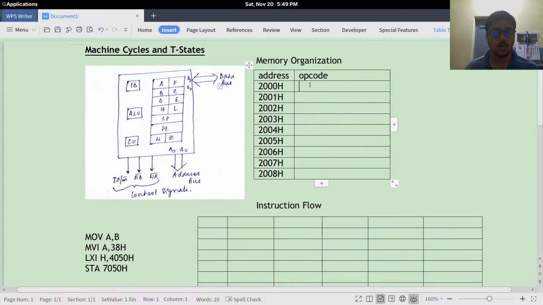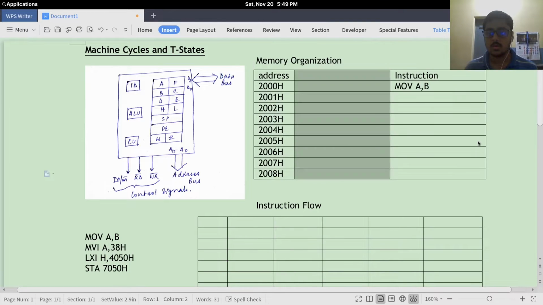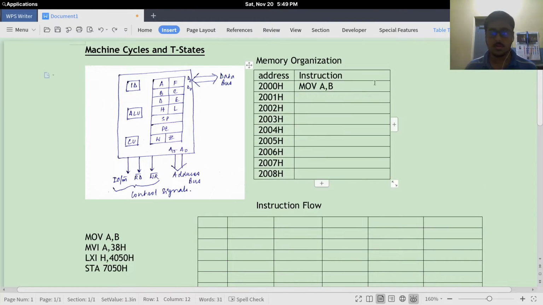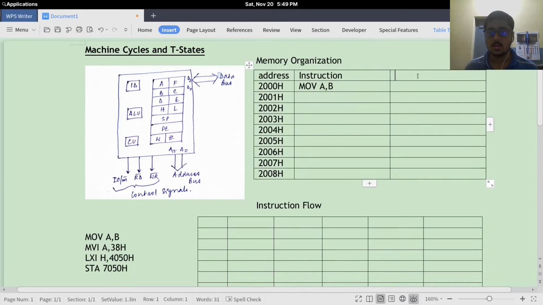So I'll be starting with the instruction, say MOV A, B. I'll be needing another column for the opcode.